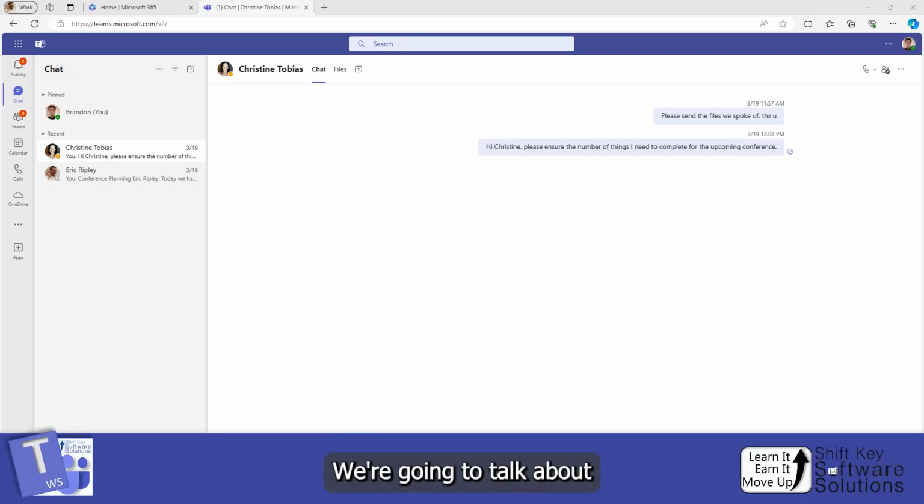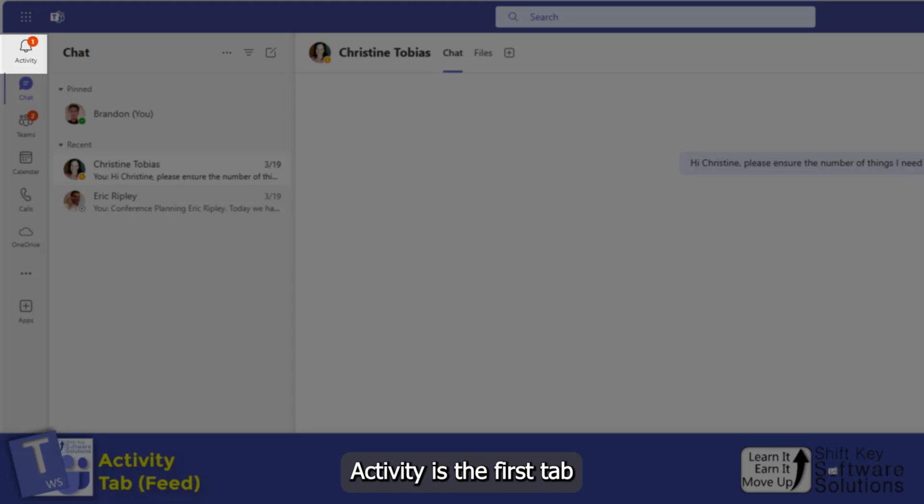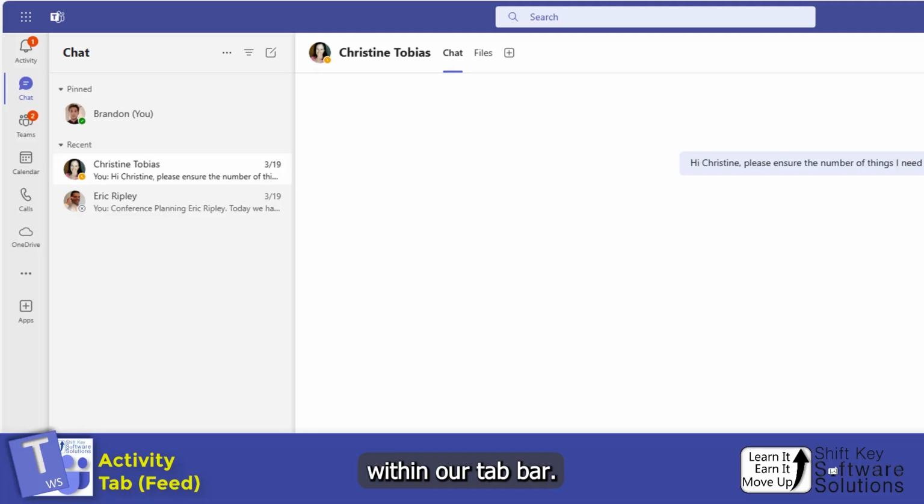In this exercise, we're going to talk about the Activity tab. Activity is the first tab within our tab bar. The Activity section is a record of everything that you and your teammates do within Microsoft Teams and the chat apps. This is useful because it consolidates all of the activities from your different chats, channels, teams, all into one